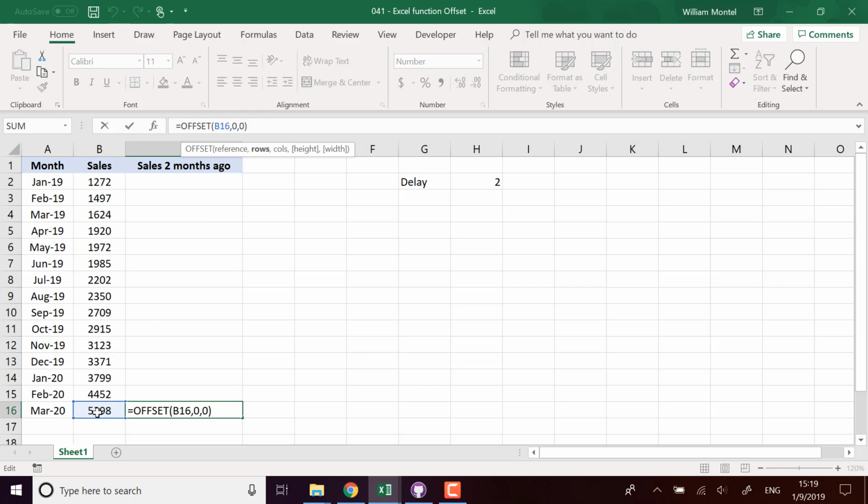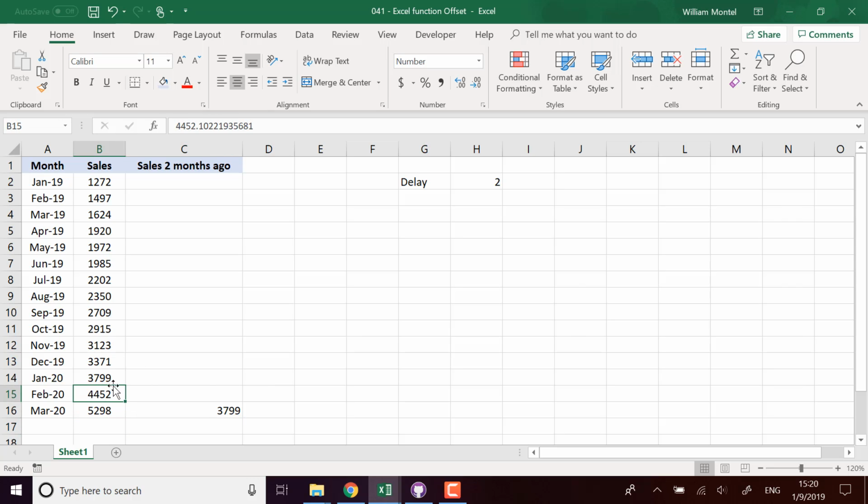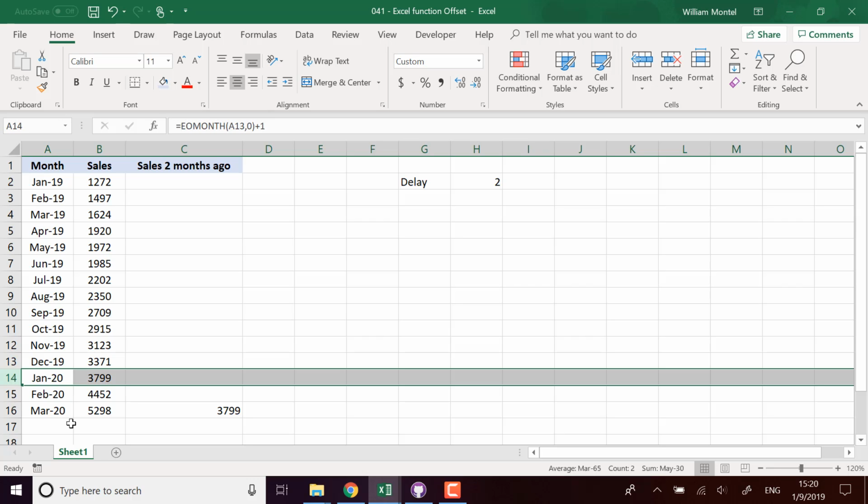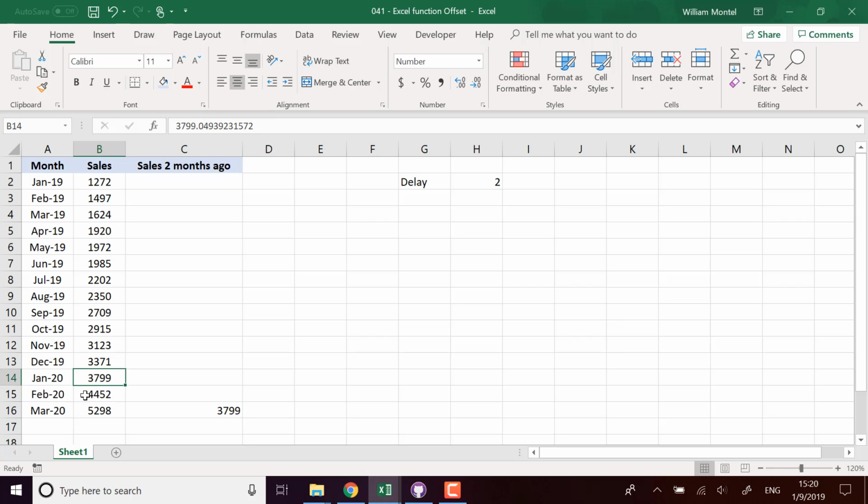If I want to go back, we said 2 months before, I'm just going to offset it by two rows. And since we're going before, I offset by -2. I'm decreasing the number of the row, so I use -2. So I'm going to take minus 2 rows, and I'm staying in the same column, here in the column B, so I offset by 0 columns, and so it's going to give me the number for 2 months before. We were in March. We take the sales